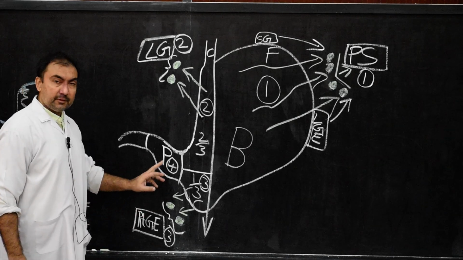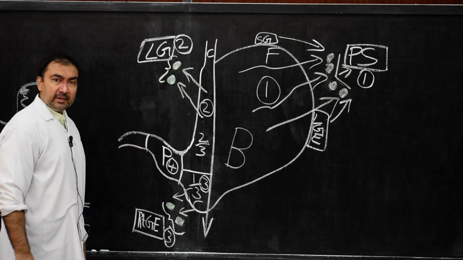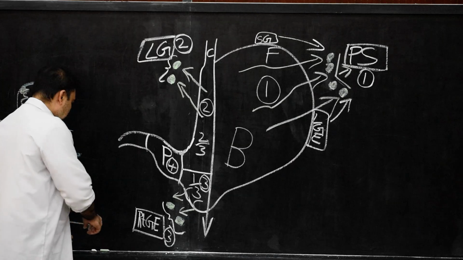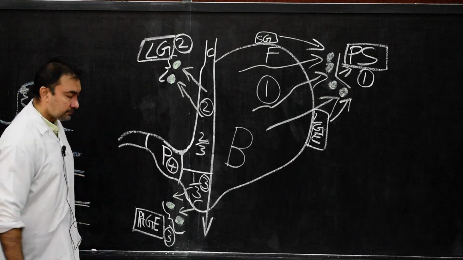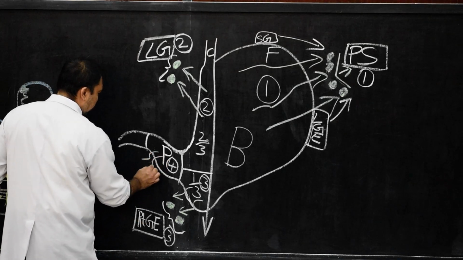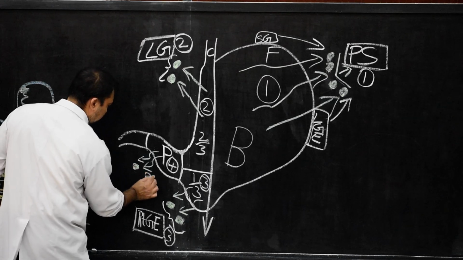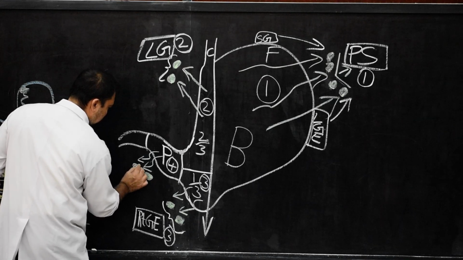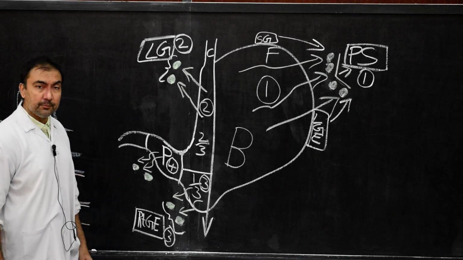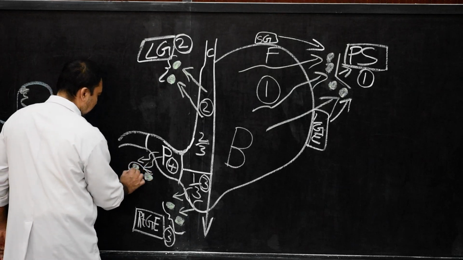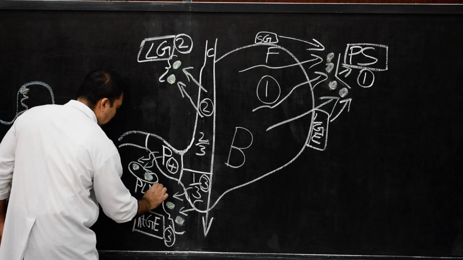Then we come to area number 4. Area number 4, pyloric antrum. It will drain the lymph in 3 different nodes. The first will be, it will drain in the group of lymph nodes which are lying here below the pyloric antrum. And these group of lymph nodes which are lying below the pyloric antrum, they are called pyloric group of lymph nodes. So here I will make this and make it as pyloric lymph nodes.